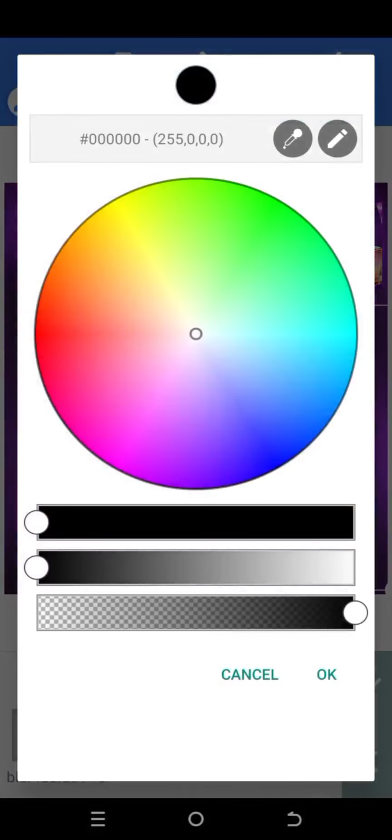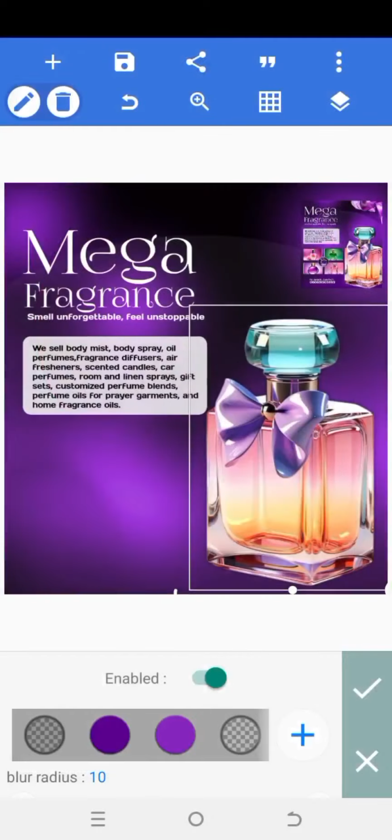Then you see these 3 lines here. The last one down, I'm going to move it. I don't want the color to be too obvious, so it's still black, but I'm still going to reduce it, right? Then I'm going to click OK. Meanwhile, I still don't want to use that black, right? Okay, I'm going to select this color,